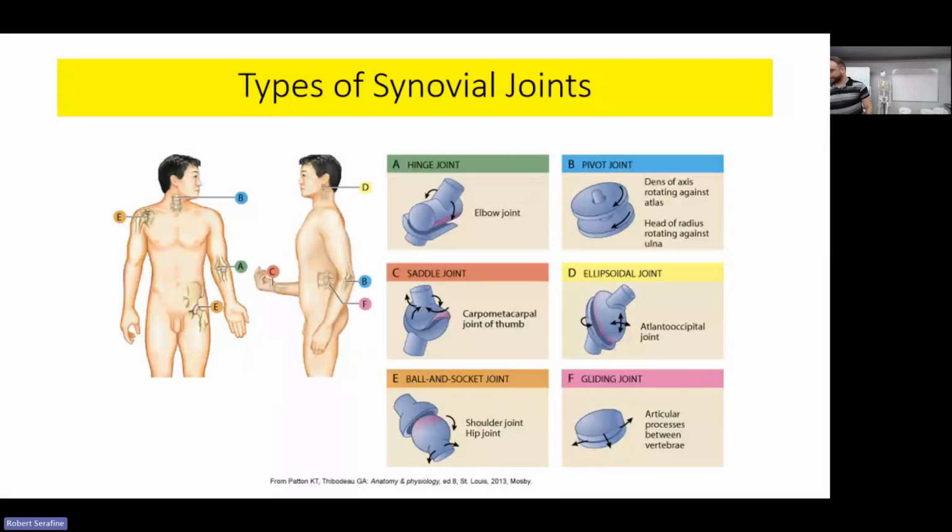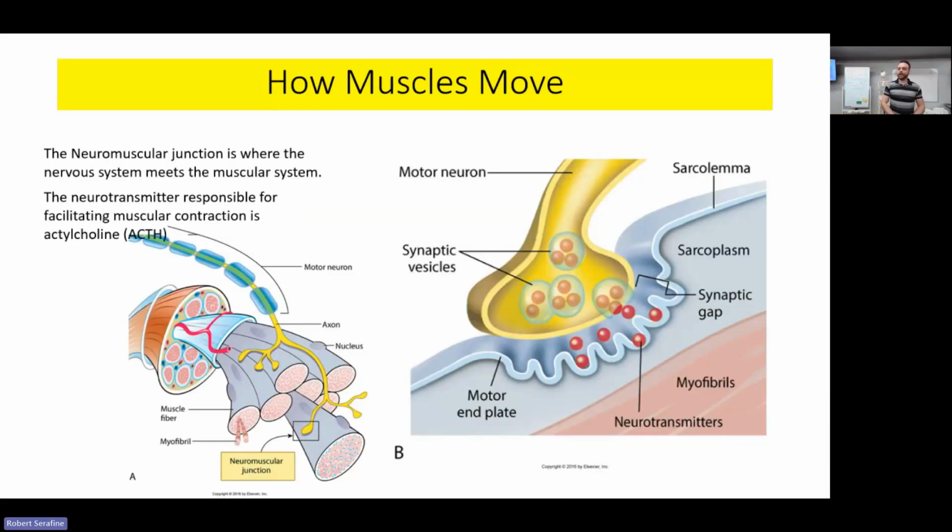So again, these are the classifications of synovial joints. These are the 6 main classes of synovial joints that we're going to look at. So every synovial joint we talk about will be one of these classes. All right, so looking at our next slide,